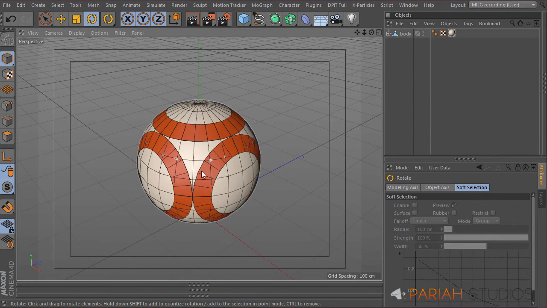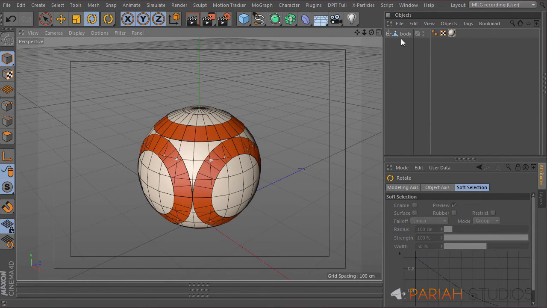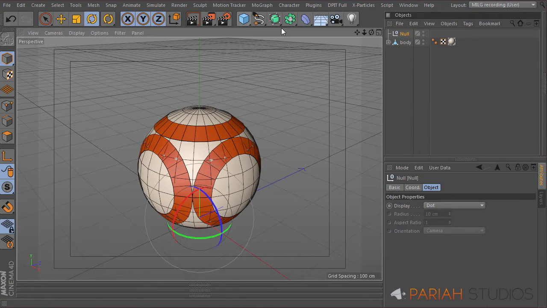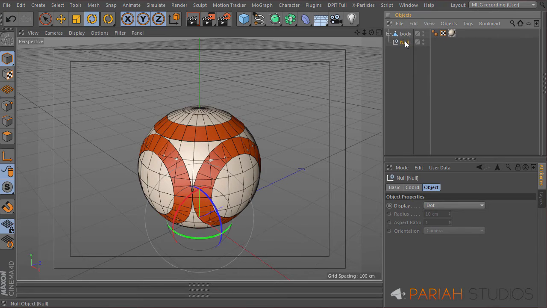So the way to do this would be to have our body, which actually doesn't need to be in the chain itself at all. It can be. We're going to use some nulls to control things. So I'm going to add a null, and actually another null. I'm going to call this one Z direction, or motion. It could be anything, whatever you feel like really. And we'll call this one the droid